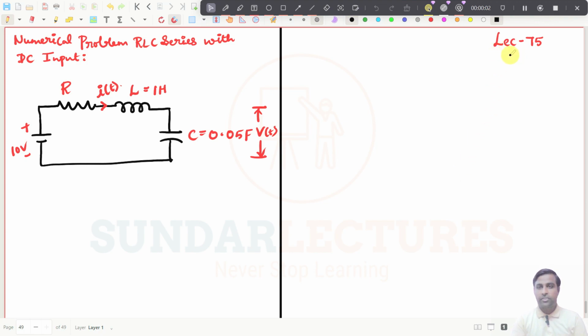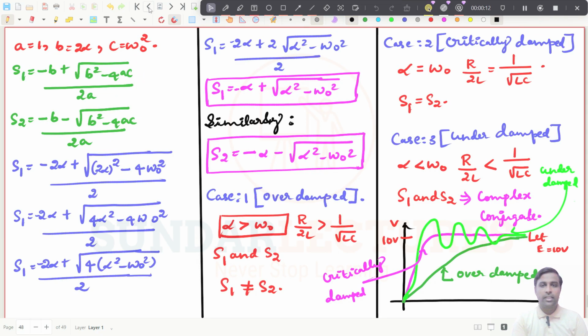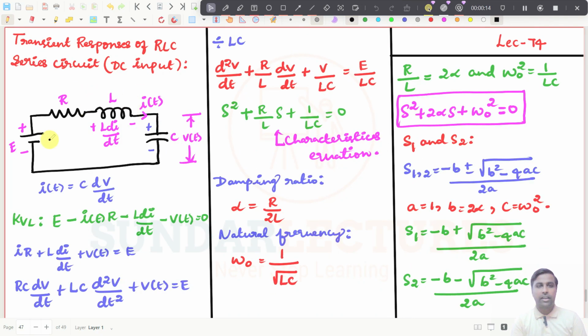Welcome to Sundar's lecture. This is lecture number 75, and in this lecture we are going to see a numerical problem related to the RLC circuit with DC input, right? So we have seen the derivation in the previous class. We have taken the RLC circuit and derived the expression, and in that expression we have